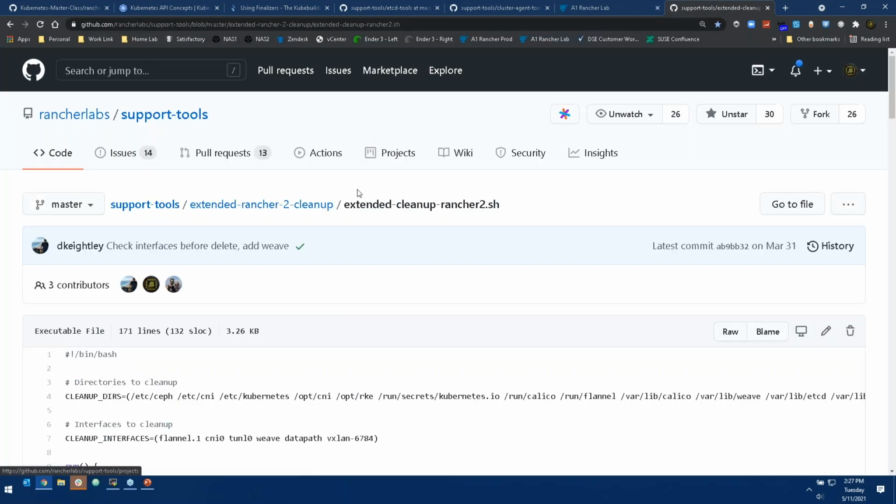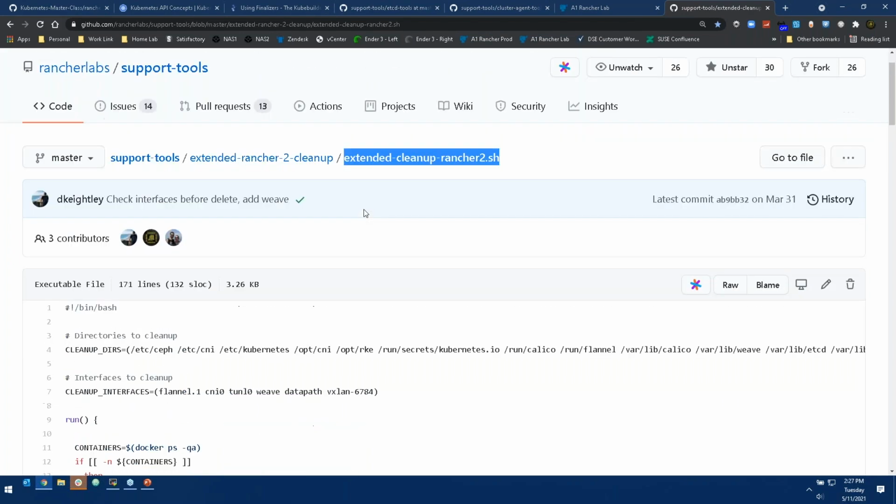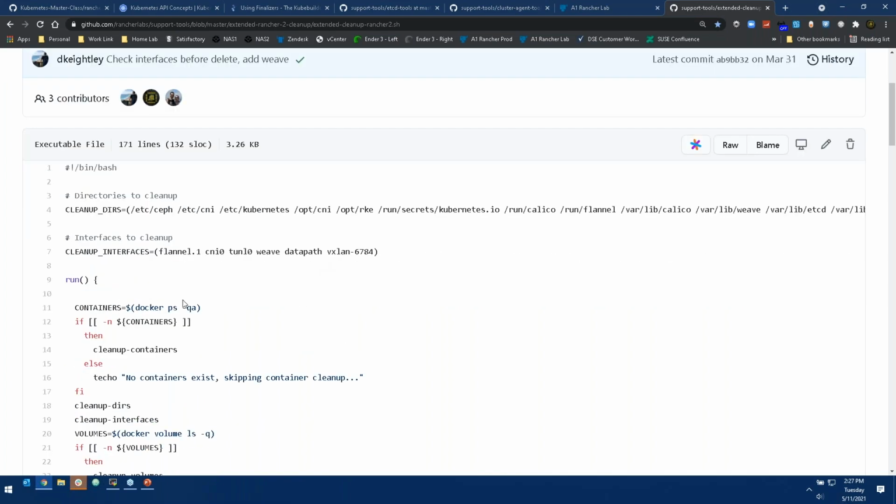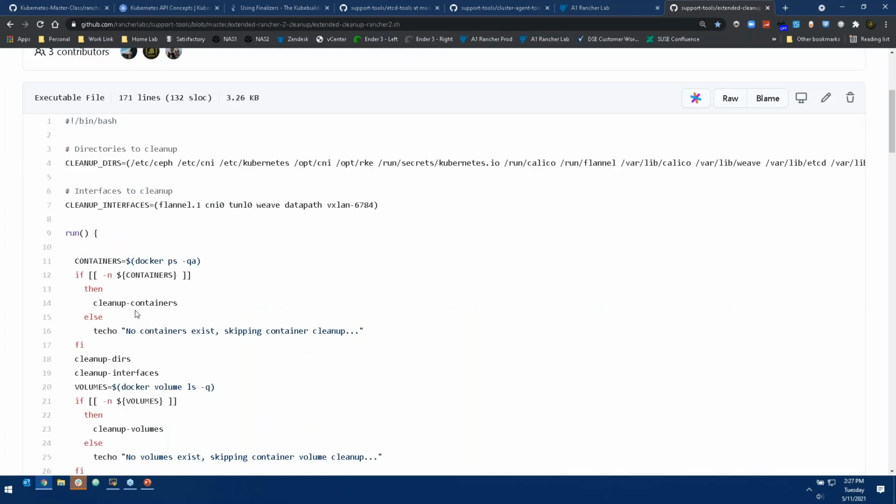So we have this script called the extended cleanup rancher script. This script is designed to nuke a node. It deletes every single thing on this node that has to do with Rancher, Kubernetes, and really Docker. It just gets rid of everything. Please be careful. This script will delete a production box if you tell it to, even if it's currently in use. As you can see here, it quite literally will delete every container on the node,